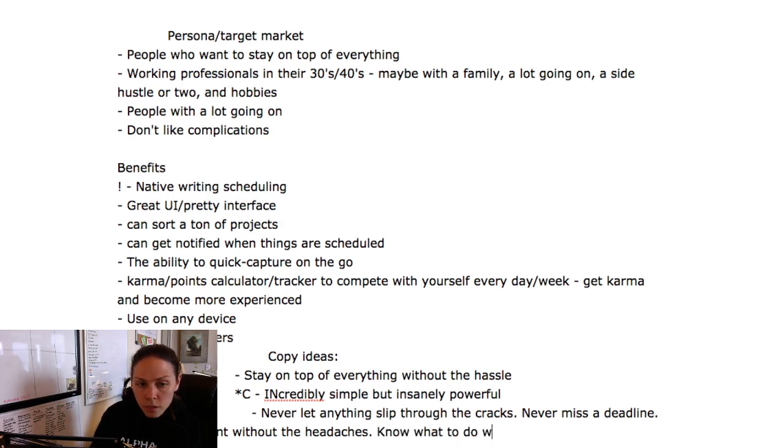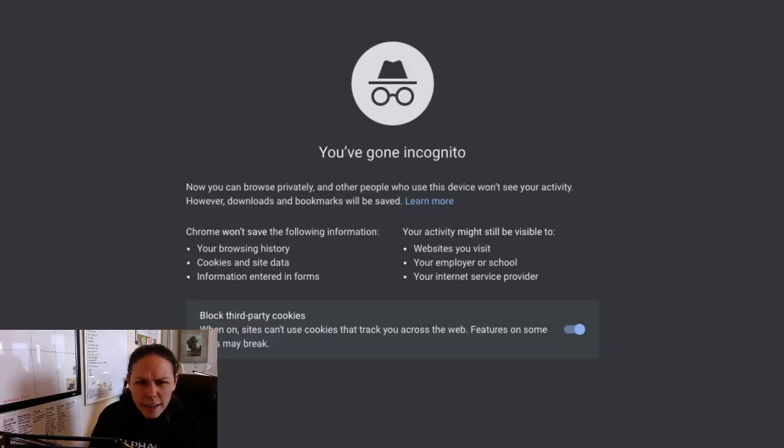Know what to do when you need it most. Okay, so that's the general idea, and I would make it sound better. This is a 20-minute summary of where I would start. These are the kind of angles and benefits I would want to cover. I'm sure there's more when I look at their website, but now let's take a look at theirs. Like I said, in future ones I may compare two companies head to head and see their copy,